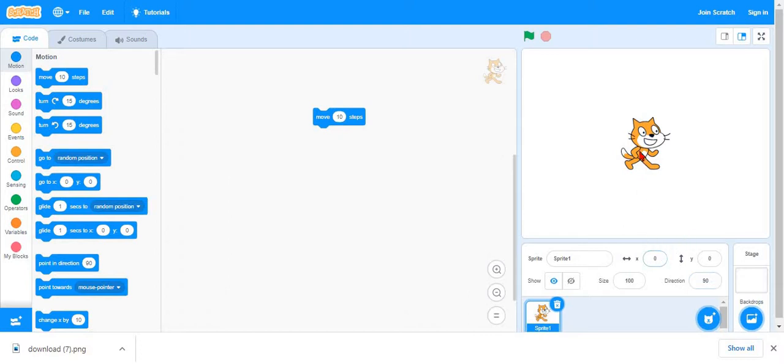X is the left and right for the character, Y is the up and down. So up and down is Y and left and right are X. And 0 in X and 0 in Y are the center for this sprite.